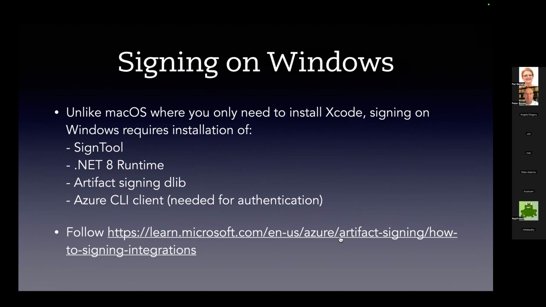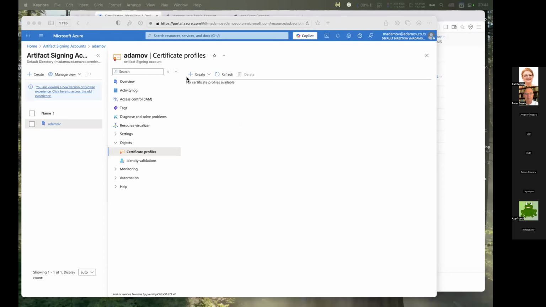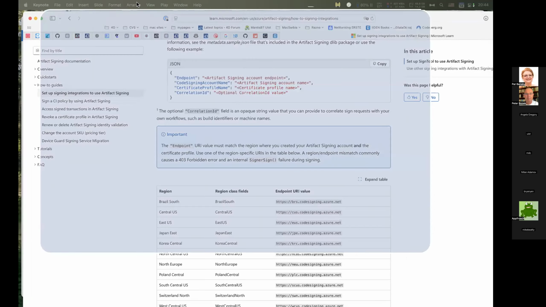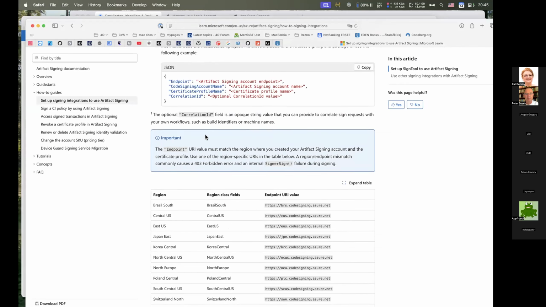There are several ways you can do it. When you're going to install this signing library, if you click here, let me just move this window here so I can explain more. This is the region.